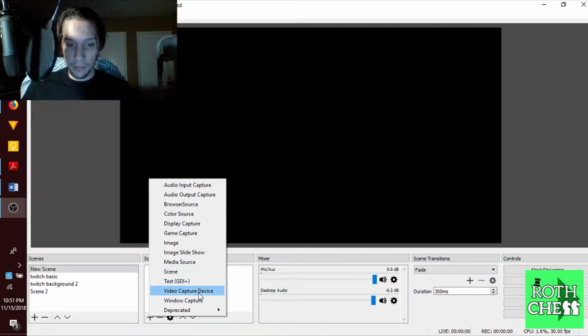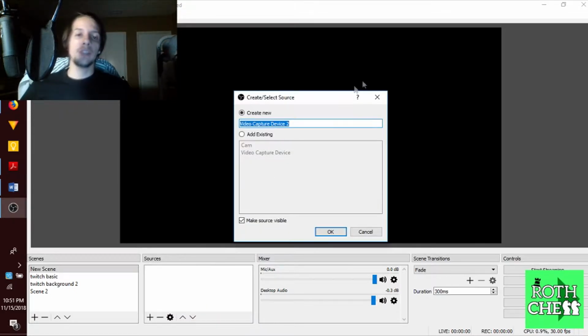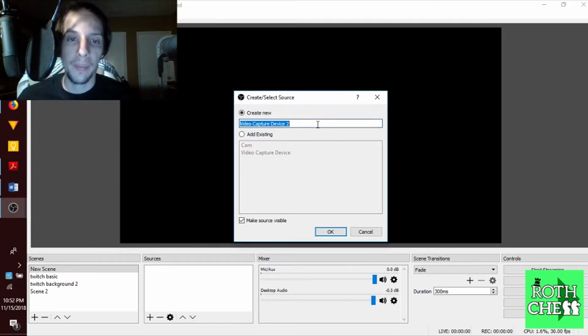And then you have video capture devices. This would be like if you have an external capture card or a video camera that you want to stream from and connected to a capture card, you would go ahead and add from there. If you have a webcam, it would also be considered a video capture device. So any video capture device that is not the desktop or a program running is going to be added through this feature. So we're going to go ahead and add a video capture device just for this example,